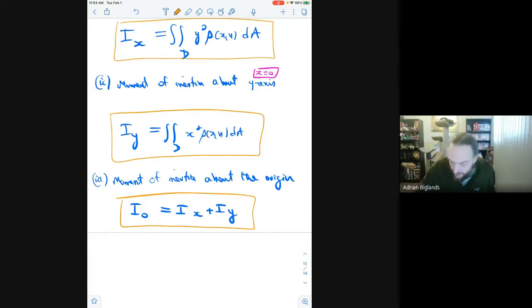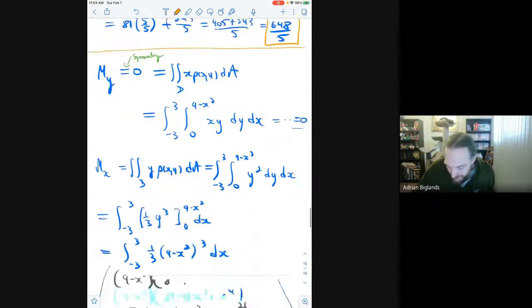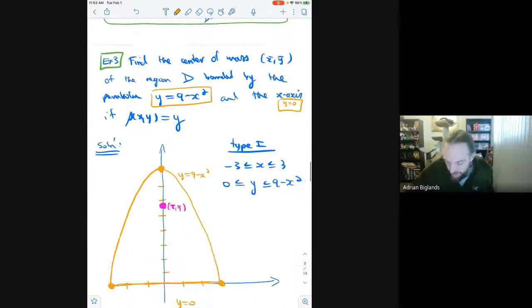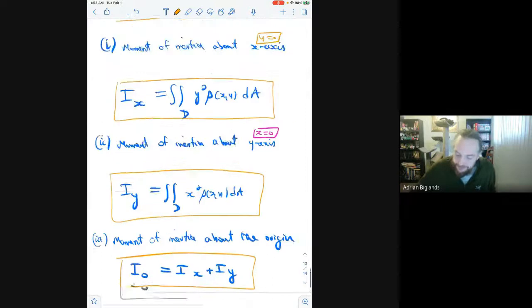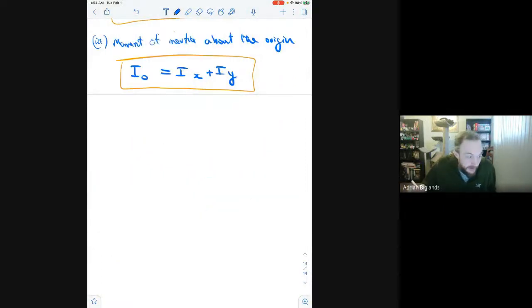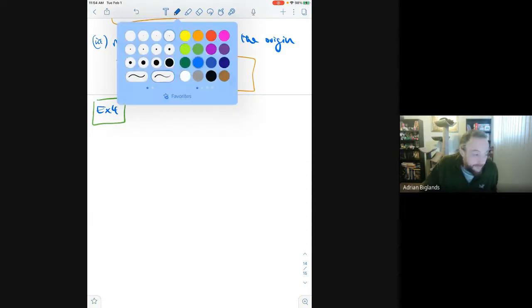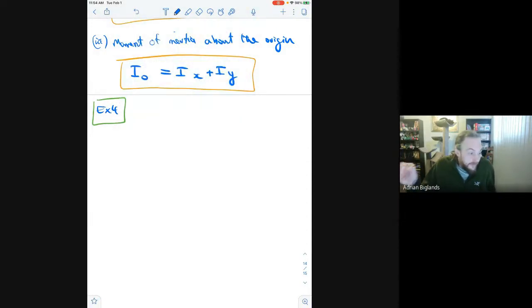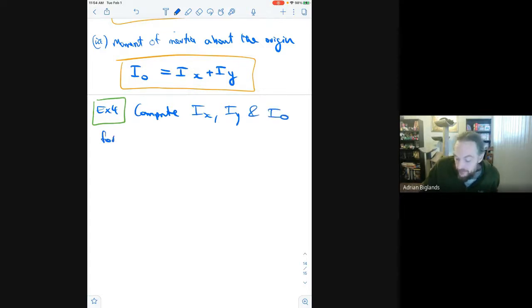All right, what example? We're on example 3 or 4, I think. 4. So let's do a calculation about this. Example 4, let's compute Ix, Iy, and I0 for region D